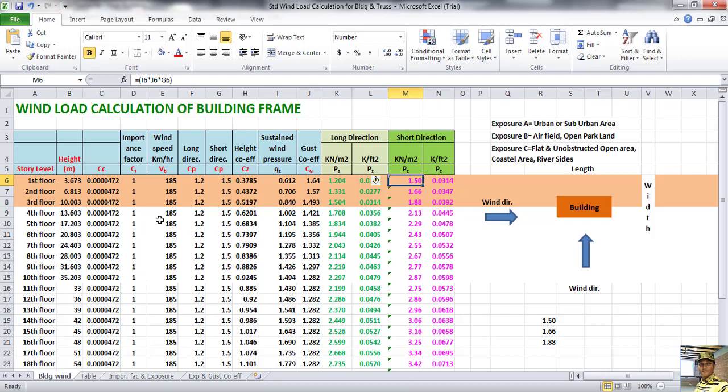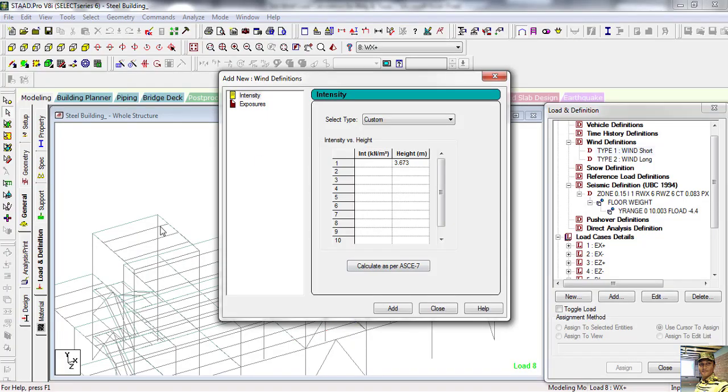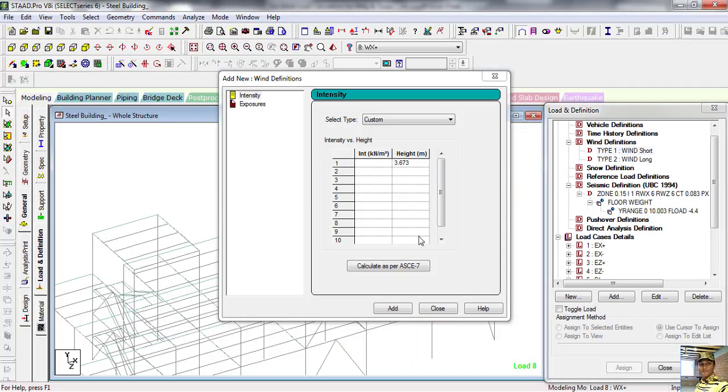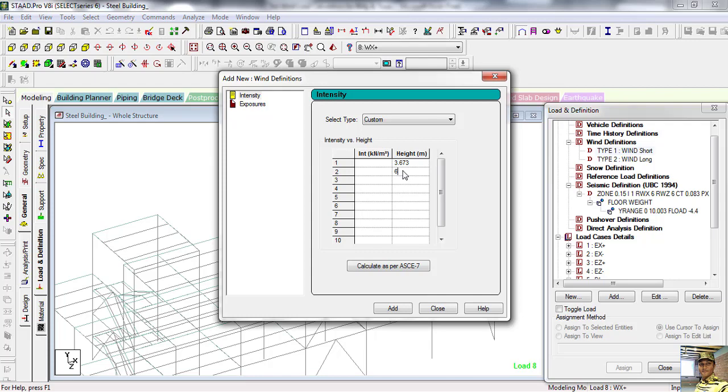So our heights are 3.673, 6.813 and 10.003. So first put this height, 6.813, 6.813, 10.003, and this is the short direction, so put the short direction values.